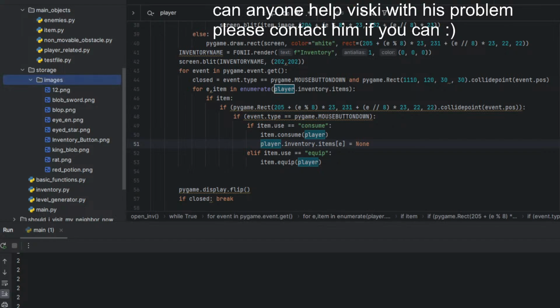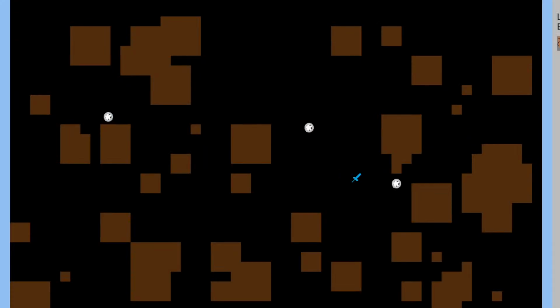Alright, so now, yeah, we have a new sword. Here we go. Now if I equip it, yeah.